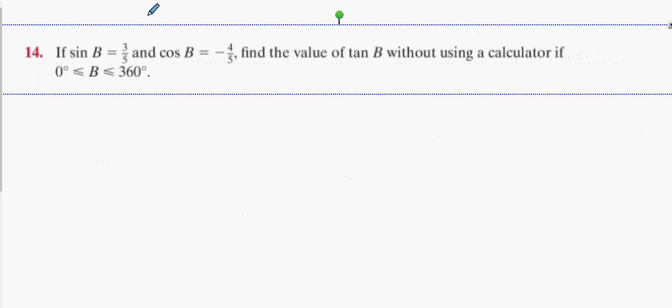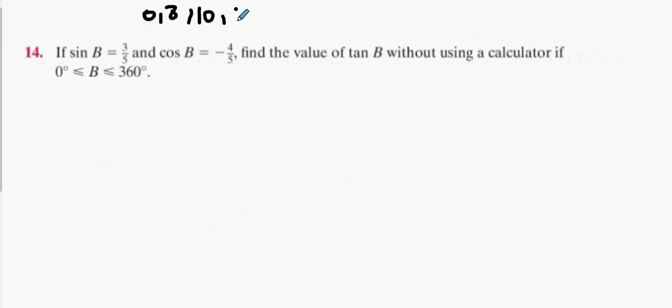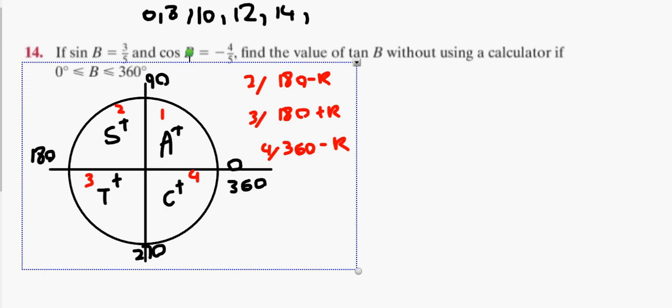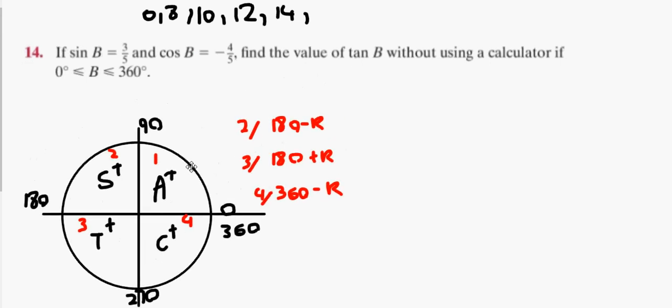So 6, 8, 10, 12, and 14. Sine B is 3 over 5. Cos B is minus 4 over 5. Find the value of tan B without using a calculator if B is in the given range. Okay. Whew, interesting question, this one. So we want the place where cos is positive and tan cos is positive, and